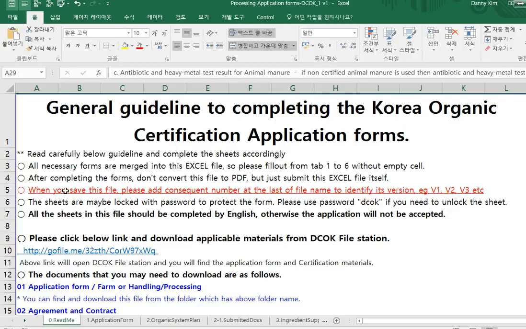Okay, after completing the form, don't convert this file to PDF, but just submit this Excel file itself, because we need to adjust, revise, or reconcile some data on this form. So in order to make it easy to revise, please submit this Excel file itself. Don't convert it to the PDF file. But at the last minute, with the final version, you can convert it to the PDF